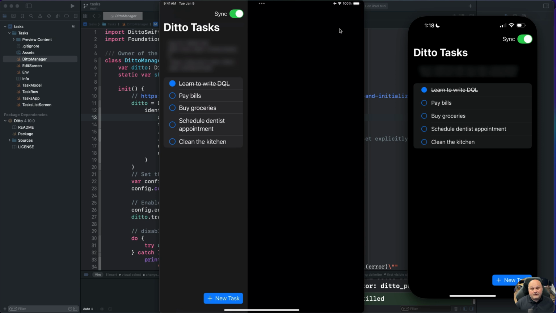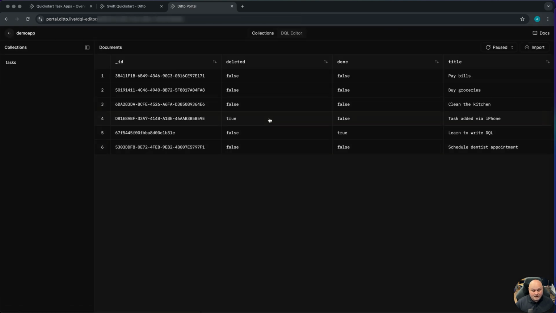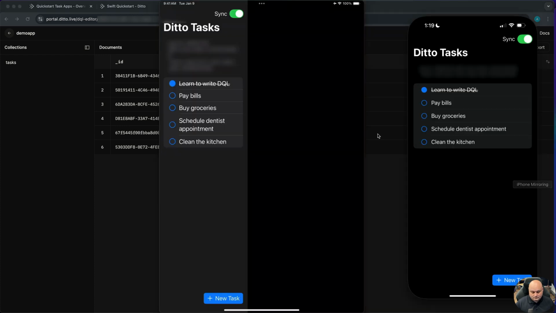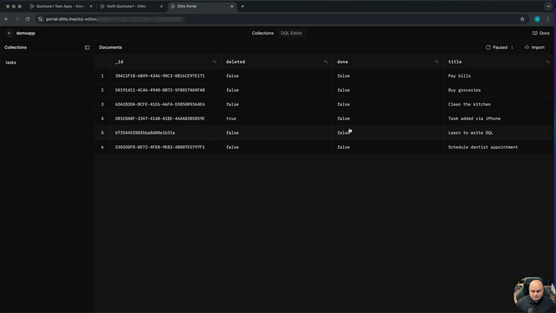Let's see if the task updated in the Big Peer. I'm going to select my collection from the Big Peer. You can see here are all my tasks. You can see here the Learn to Write DQL is set to true. If I were to go back to my physical devices, and for example, uncheck that, and now go back to my Big Peer and rerun the query,